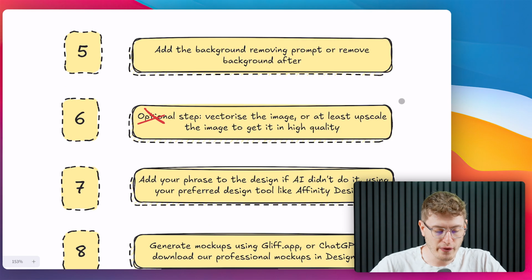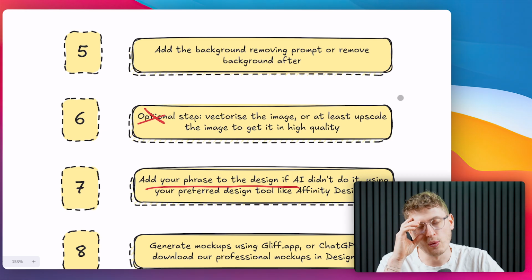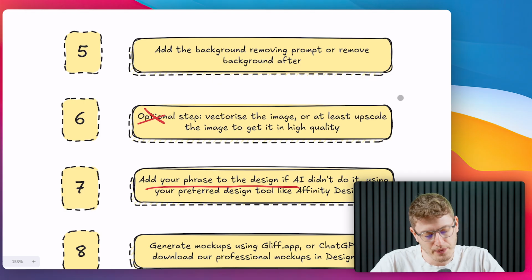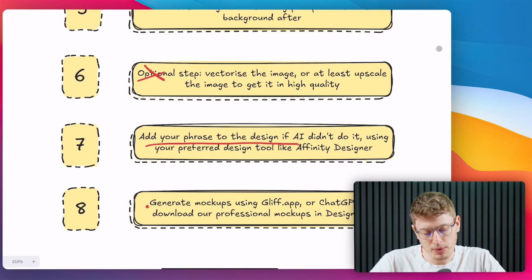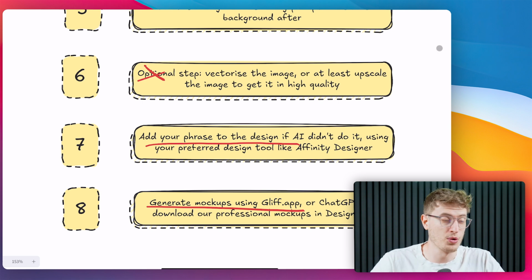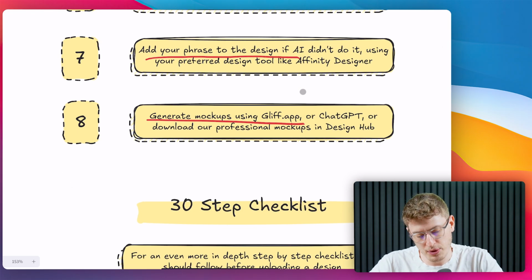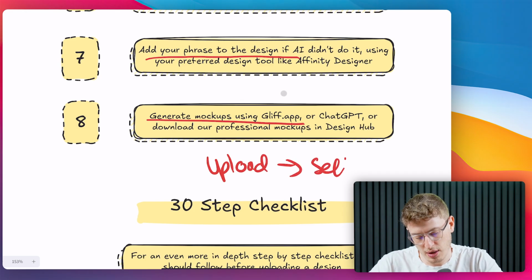And then if you have a phrase, add your phrase to the design if the AI tool didn't do it. If you are using ChatGPT, chances are it will add the phrase and it will do it very well. And then of course, generate mockups using whatever. So there's Glyph app, ChatGPT. You can download our mockups that we have in the Design Hub. You can also buy mockups on Etsy. There's so many places for mockups. And once you've done that, that's it. You upload, and then you sell,